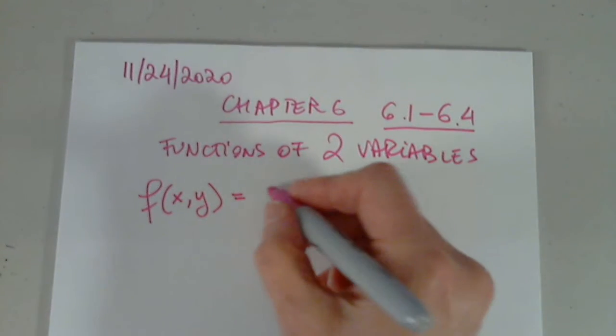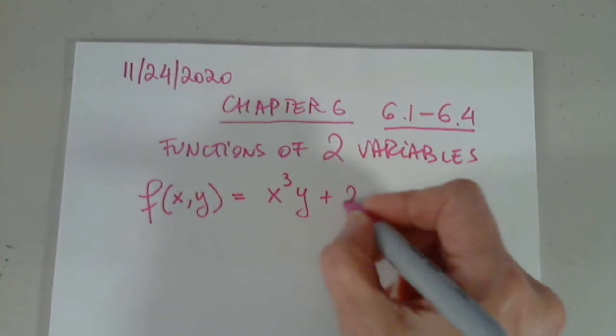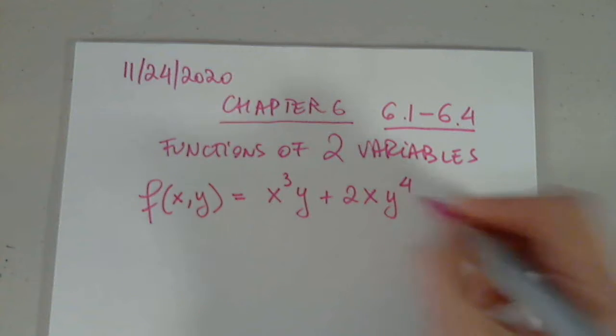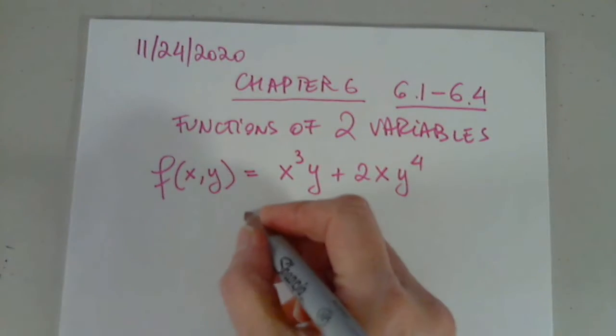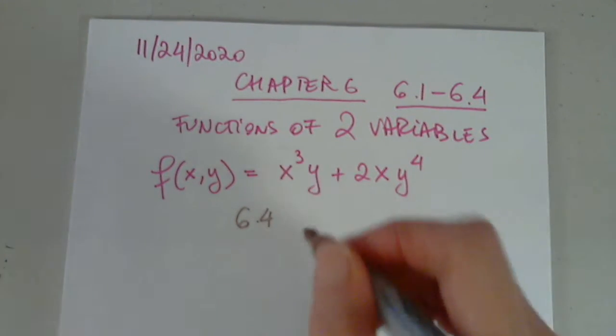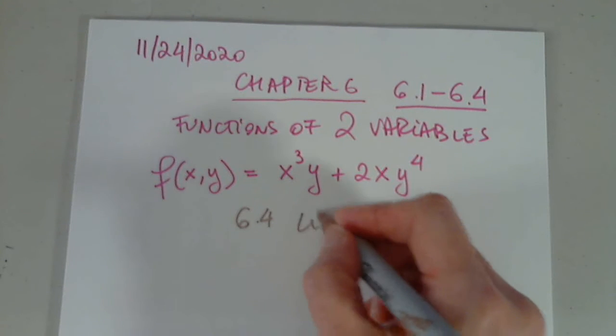An example. So this is an example of a function of two variables, x and y. Okay, I would like to discuss these functions, but I'd like to start with 6.4, which is the easiest possible section. In 6.4, we're talking about